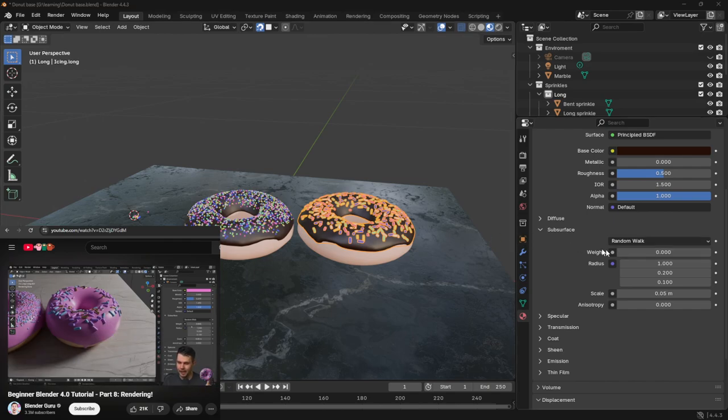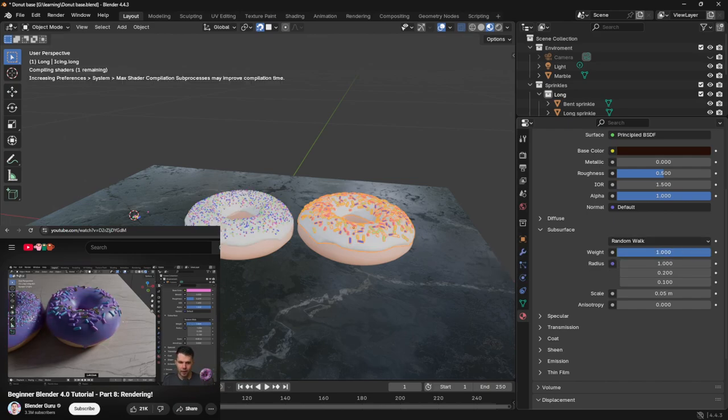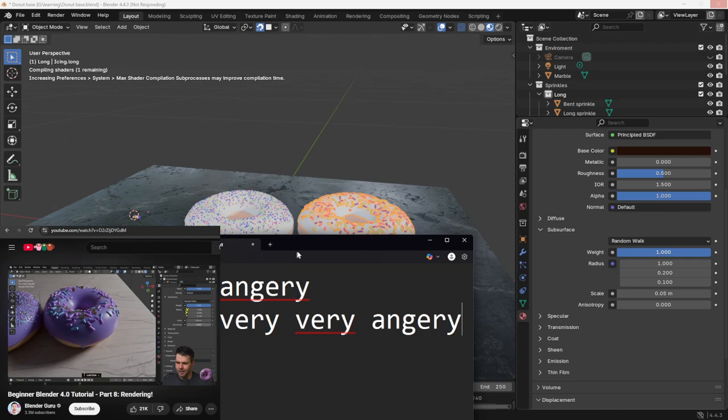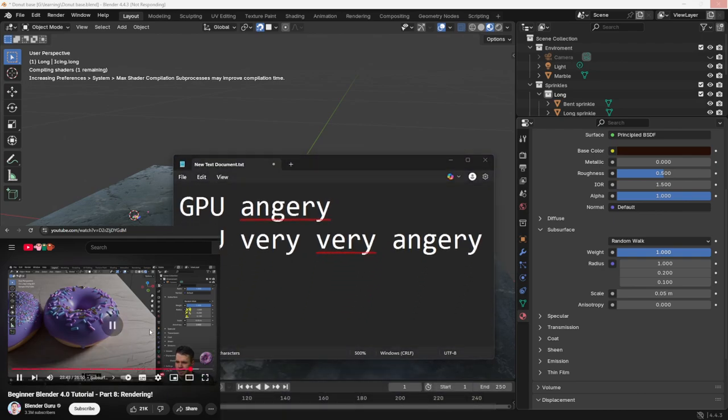And just like metallic, apparently, this is, by the way, a new setup for 4.0, but just like metallic, it's supposed to be a weight of either 0 or 1. All right. Now, when you do 1, it suddenly turned blue, and you're like, what the hell happened there? That's because this radius is your X, Y, Z, but also it's your R, G,